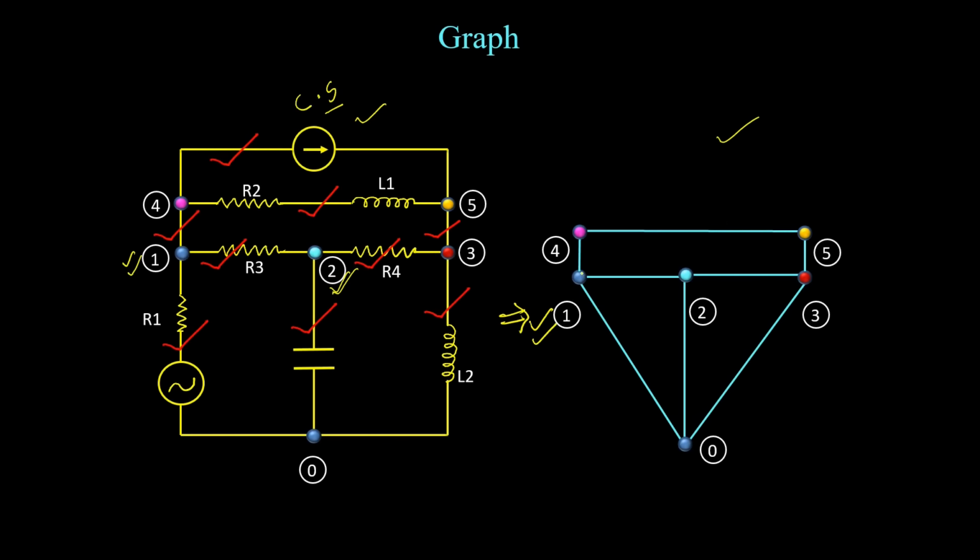And coming to here, whenever we remove this branch, we no need to represent these nodes. Node tells that there is a different path for the current flow. Whenever we remove this open circuit line, here there is no path for the current flow. So whatever current it is entering, it is having only one path like this. So we no need of representing these two nodes. So you can eliminate these two nodes. So now let us remove those two nodes also. Now this is how the graph looks like.